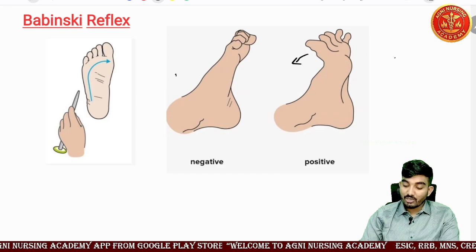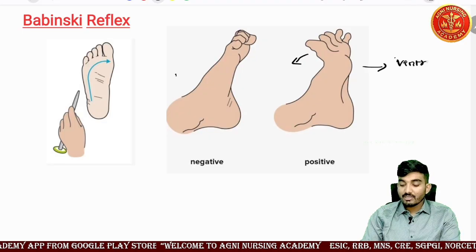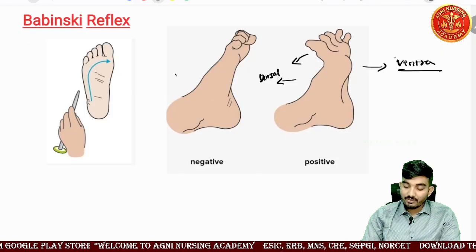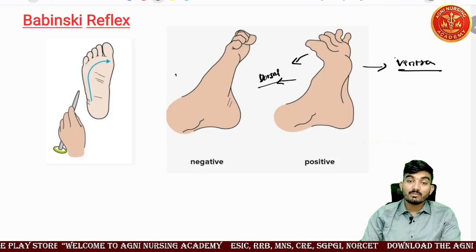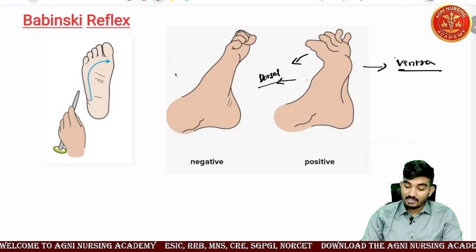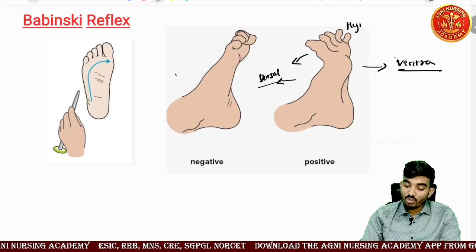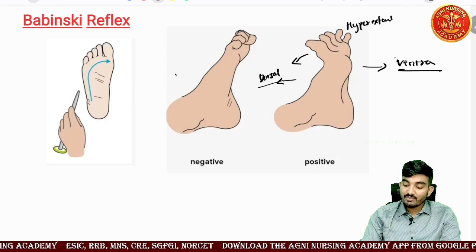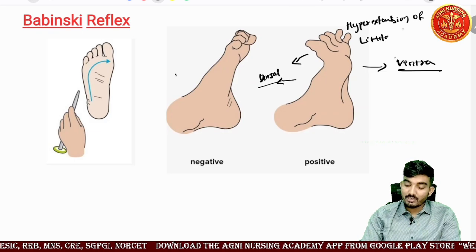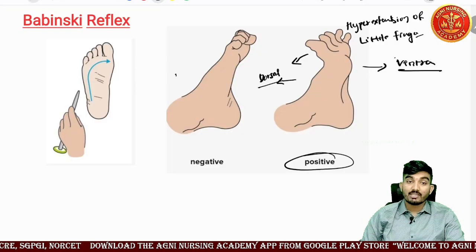There is dorsiflexion of the big toe. Here is the ventral surface, and this one is the dorsal. Flexion means the angle between the joints decreases. Dorsiflexion of the big toe and hyperextension of the little toes occur. That will be called a positive reflex. It's normal